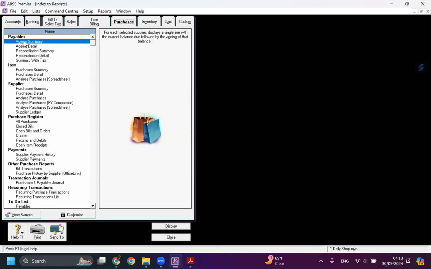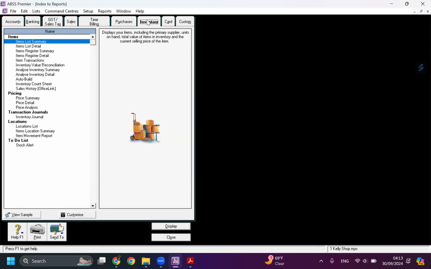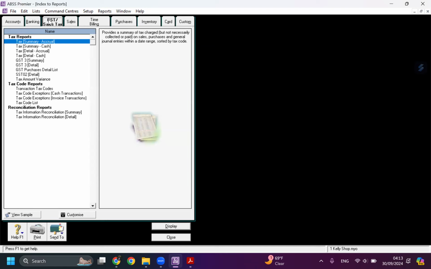Yeah, aging summary. Aging is something related with your debt, your account payable that already almost due. Yeah, you can check on payables. Yeah, item, supplier, and so on. Okay, related with inventory. All right, related with tax.